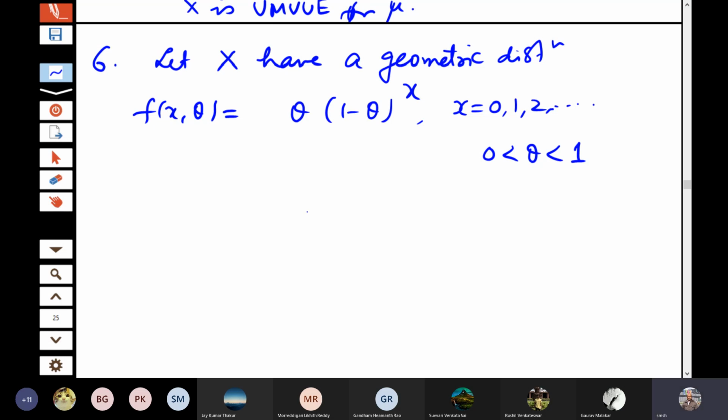All of you have seen this geometric distribution in your probability course. Only thing is that some of you might have studied it from x equal to 1, 2, and so on. In that case, this becomes x minus 1 here. It hardly matters because it is a method of representation. If I am considering the number of trials needed before the first success, or up to the first success, then depending upon that, it will start either from 0 or from 1. So both the representations are there.